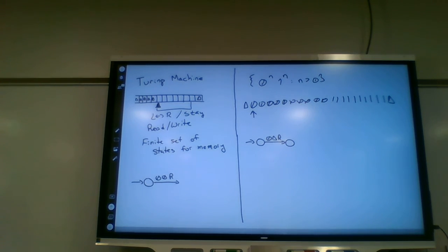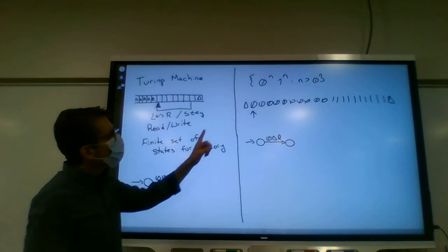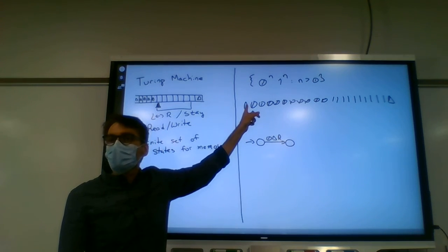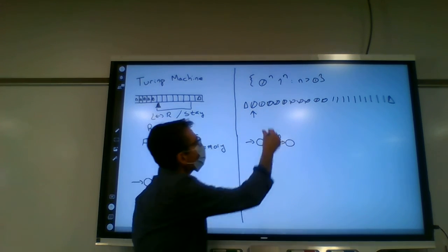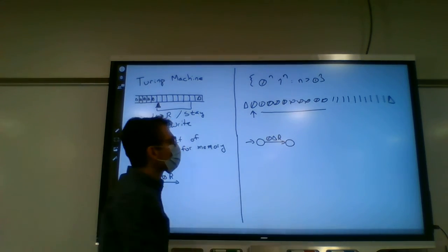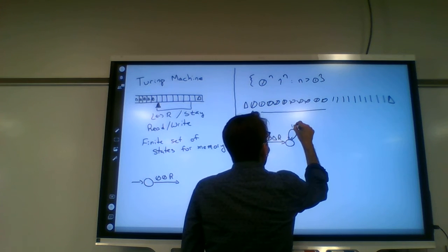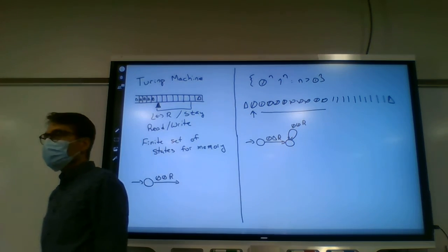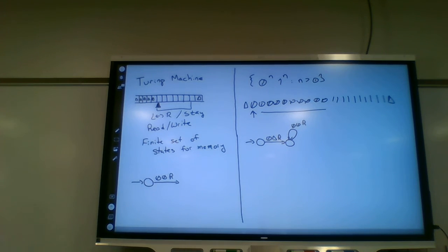If we read a 1. Well, so that was taking care of that very first position. Now what happens? From here all the way to here, what do we do? Read a 0, keep going. Right, so we read a 0, write a 0, and keep on going. Do you have to write each time? Yeah, the idea is you have to put it back, because it only sees a symbol after it takes it out. So it takes it out, looks at it, puts it back.